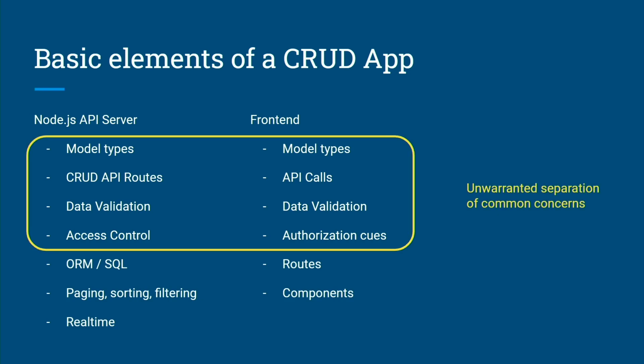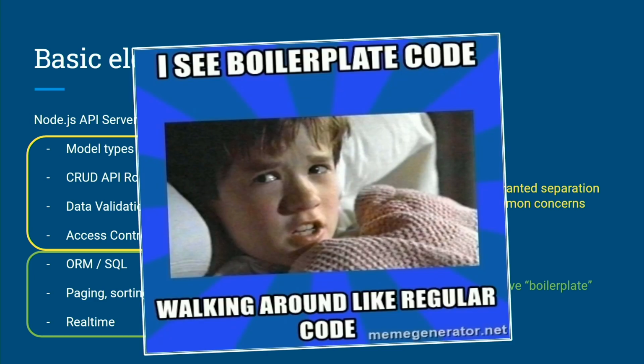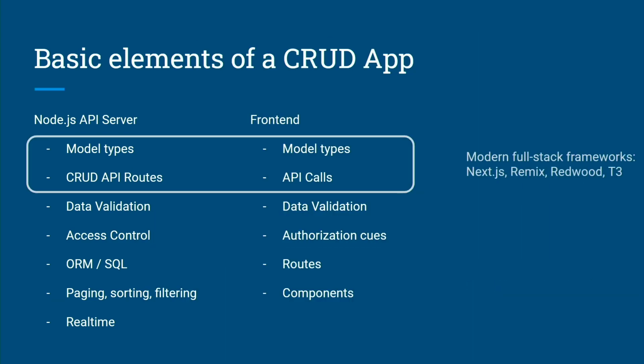So if we look at this, the first layer is unnecessarily repetitive code. It's like a socket and a plug. It's a mirror image of one another. And I get this wrong. I always fix one and not consistently fix the other. So this is one place where I usually fail. Another part is the ORM, SQL, paging, whatever. It's repetitive boilerplate code that you copy again and again with the errors, with the vulnerabilities, and I really don't like boilerplate code. Now, modern full-stack frameworks such as tRPC and Next.js and Remix, Redwood, T3, all of these started